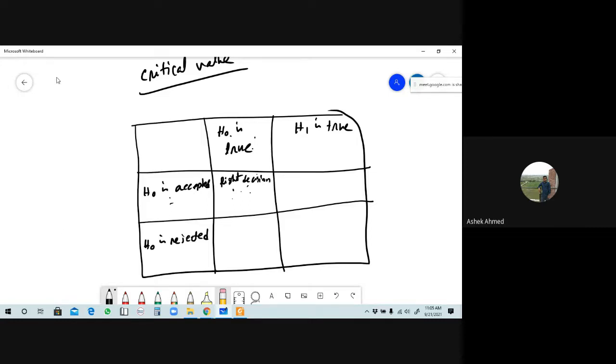Okay, so in the third column, the corresponding value will be, in that case, H1 is true. যদি H1 true হয় তাহলে H naught কি হবে বলো দেখি? False. It's false here, but in that case H naught is accepted. এটা true না false? H naught false, but H naught is accepted. Is it right? Response me. Yes, sir. So that will be false. Okay, so in that case we can say that it will be wrong decision.